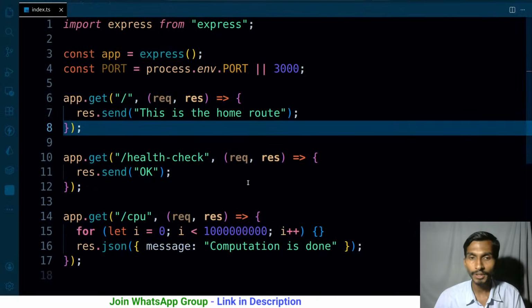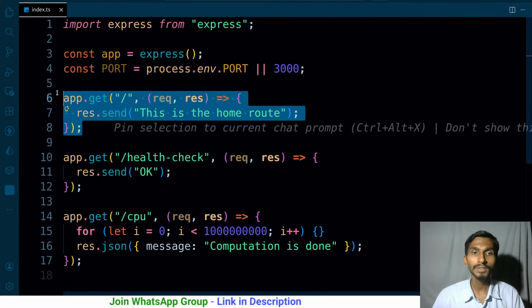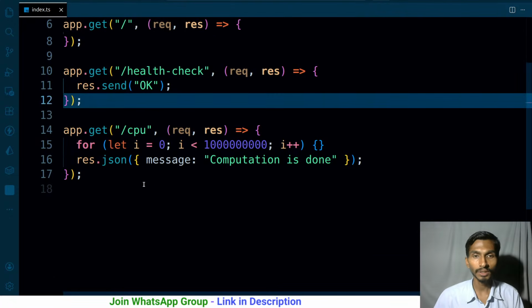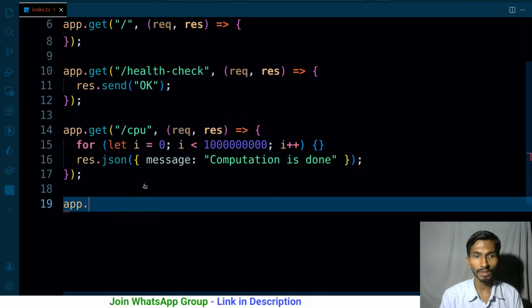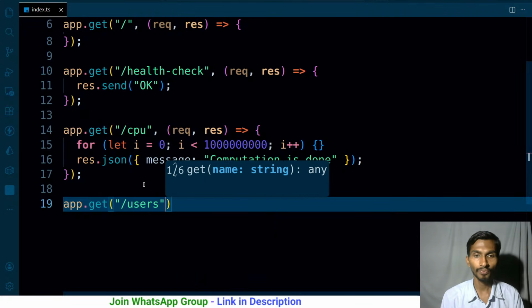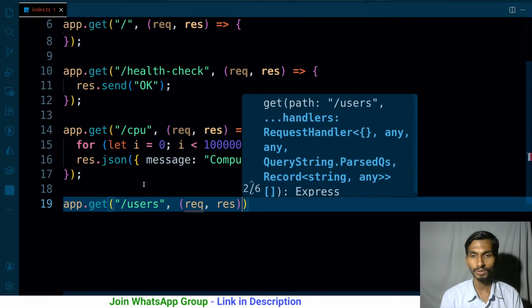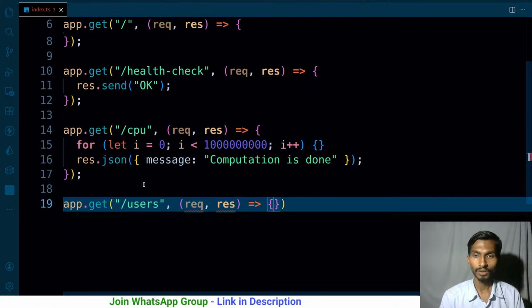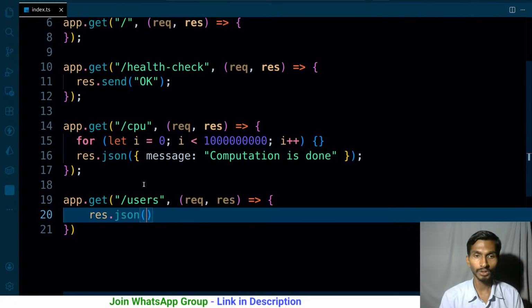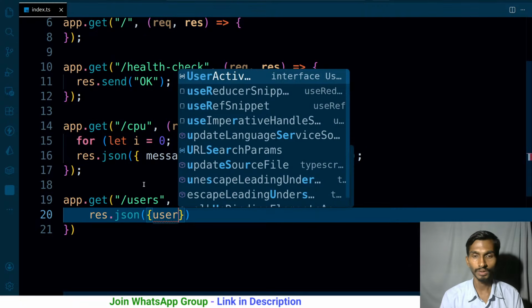Coming back to this, let me start sharing the screen again. And yeah, what was I doing? This is going to be the home route, this is going to be the health check, then I have this. Lastly, I will have one more, and that's going to be app.get slash users, and it will simply return the users data. So it's going to be like response.json, and the user is going to be equal to